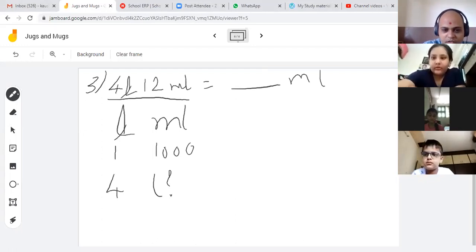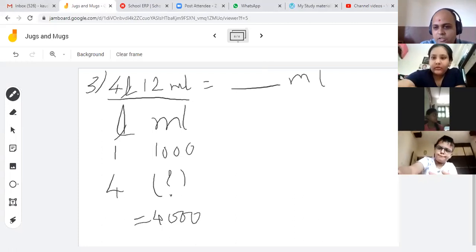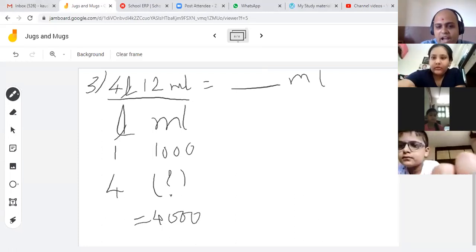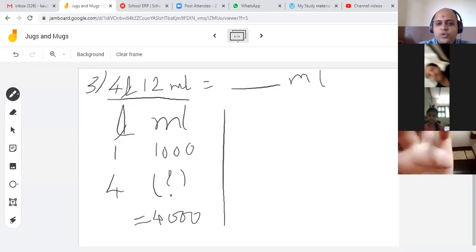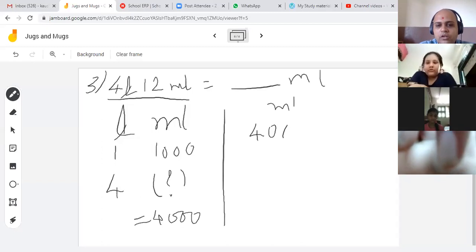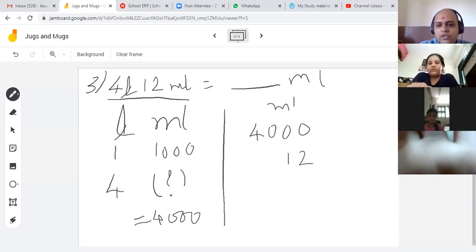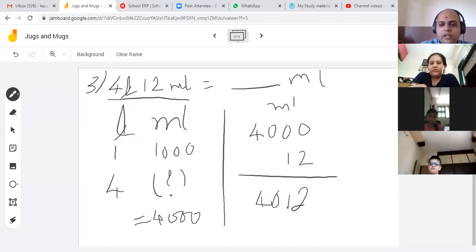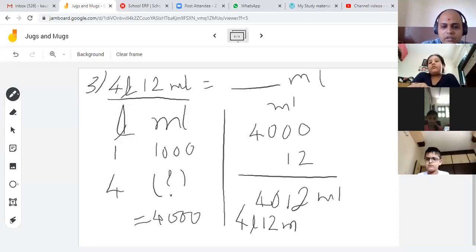So that is going to be 4000. Directly I am writing. Yes. Now we have to add these 12 ml into this. So ml 4000 and 12. So what will be the answer? 4012 ml. Okay, so 4 liter 12 ml is equal to,